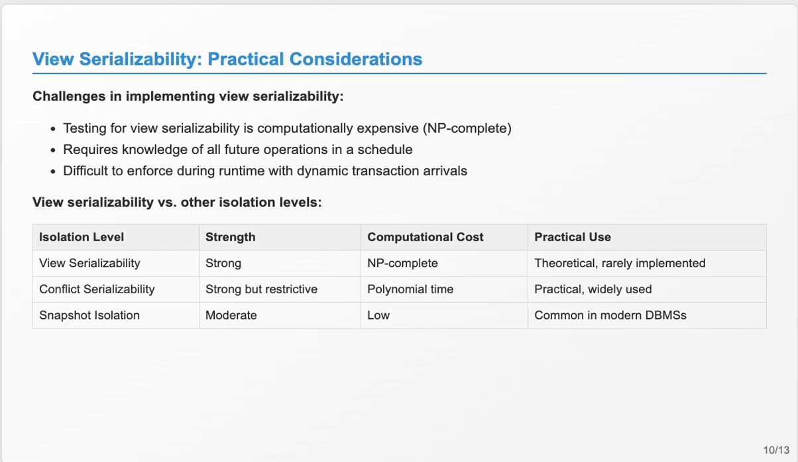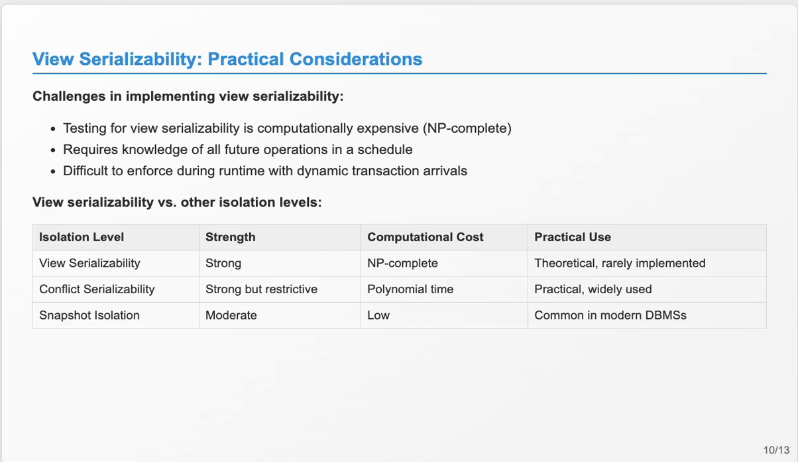Let's consider some practical aspects of view serializability. There are several challenges in implementing view serializability because testing it is very computationally expensive, as we have to check, for a given schedule, whether it is view equivalent to every serial schedule of the transactions. In theory, there can be n factorial serial schedules. So it is an NP complete problem to test it. And it requires knowledge of all future operations in a schedule, and it is very difficult to enforce during runtime